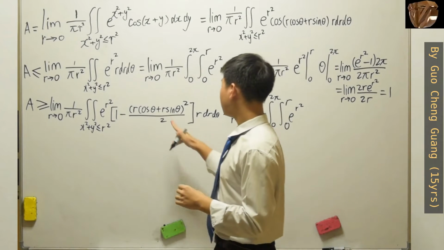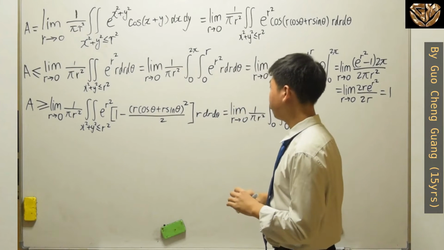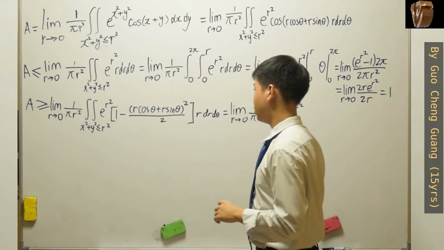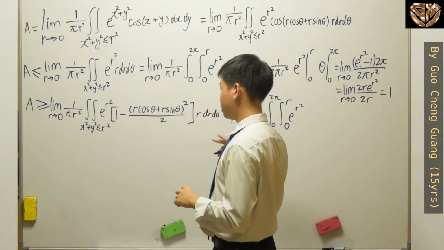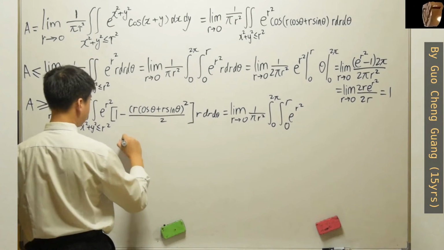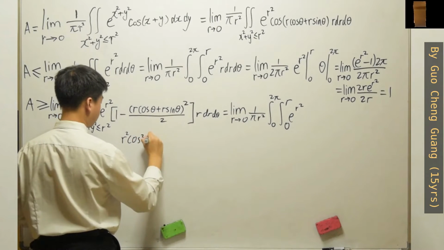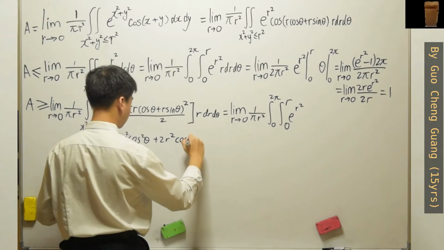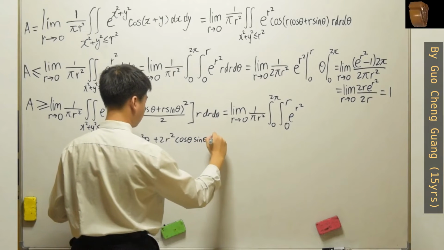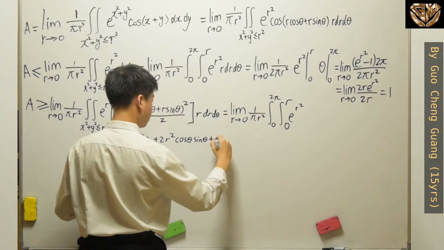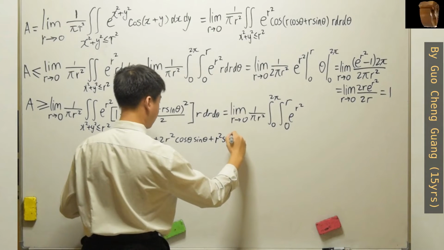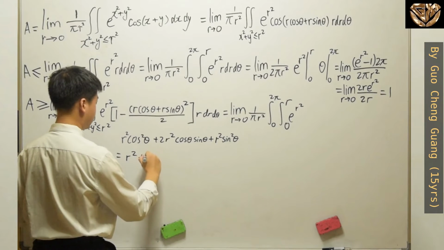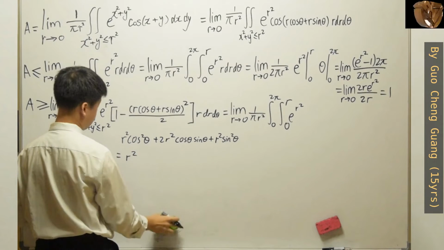Now, when we take a look at the term within here, you have r squared cosine squared theta plus 2r squared sine theta cosine theta and r squared sine squared theta. So when you expand it, this is going to be the part that you will see, alright? Which you can also change into r squared plus, or you could also just take out the r squared